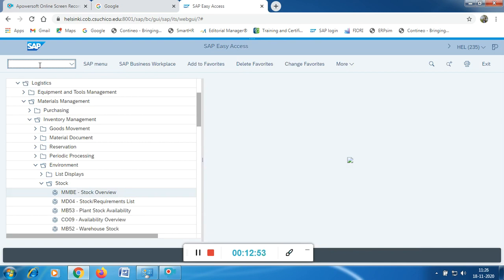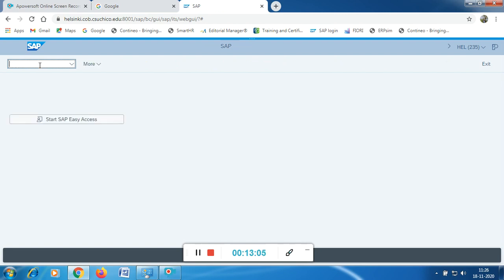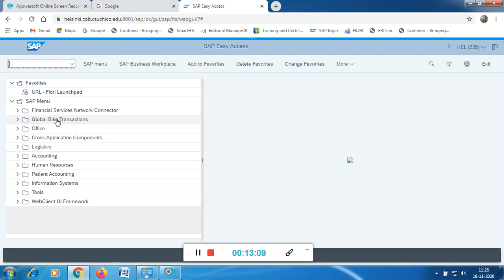Now before you store the material to the corresponding storage location, you need to check where exactly you are going to store this material, which storage location. Before that, press /n and close all these expanded icons. Now the next step is run bin status report. Bins are nothing but the places where you are going to store the material. Bin stands for storage bin. Which storage bin is empty, we can make a note of it. How to check that? That is called run bin status report.